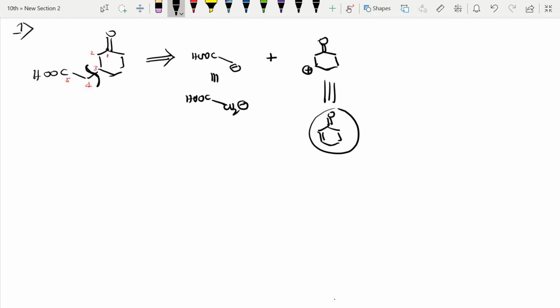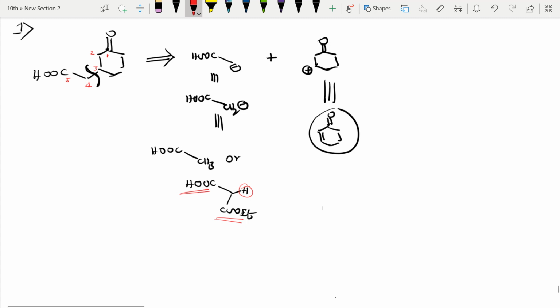And for this equivalent reagent, I have told just simply you make it a CH3 group, or we can use this HOOC-CH2-COOMe, right? These are the equivalent reagents, COOMe or COOEt we can use, because this proton will be acidic, because two withdrawing groups are there, an acid group and an ester group. So this will be acidic and we can do the reaction, right? These things we have studied.